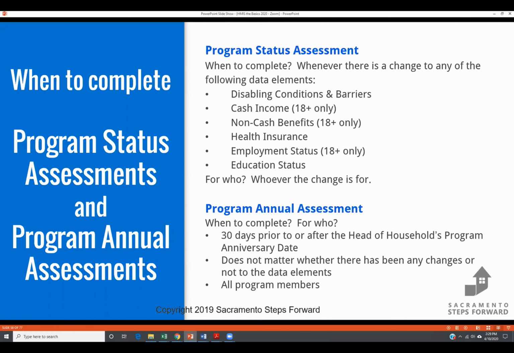So for program status assessments, when do we do them? We do them whenever there's a change to any of the following data elements: disabling conditions or barriers, cash income, non-cash benefits for folks that are over 18, if there's been a change with health insurance for anybody, a change in employment status for everybody over 18, education status is really whoever the change is for. So for example,